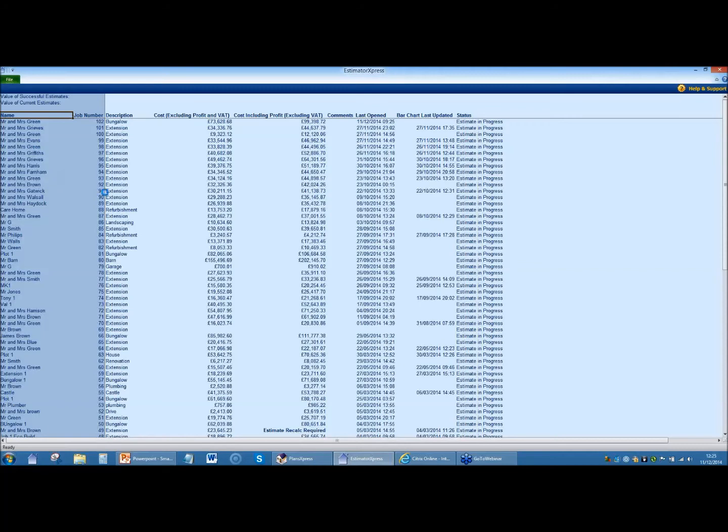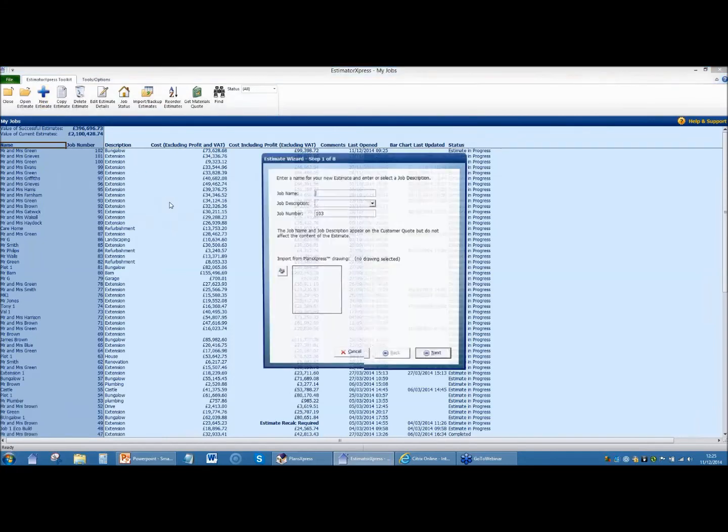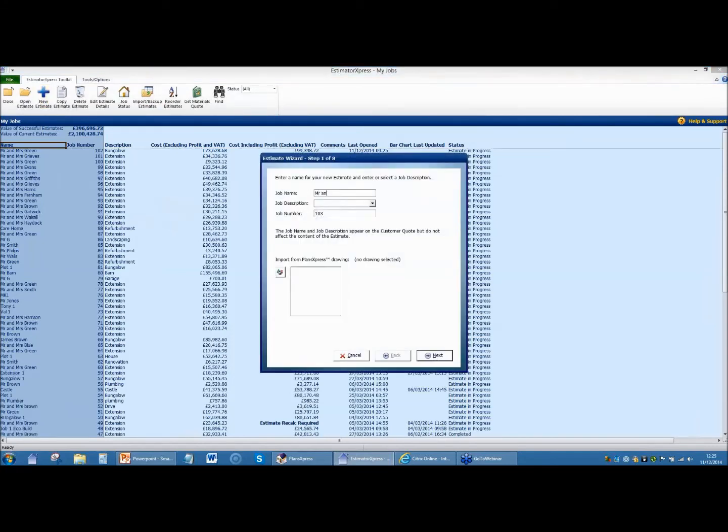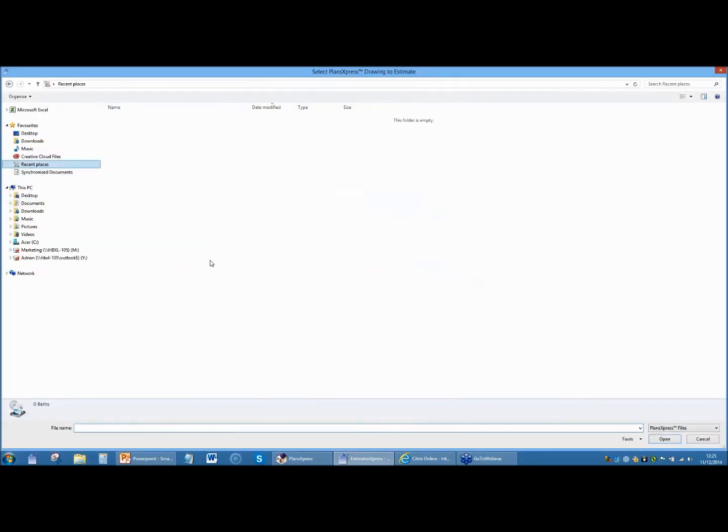Okay, so the software is just loading it. And I'm in the job summary here, so you can see there's loads of jobs that I've estimated over the last few weeks. So I give the job a name. Need to type properly. Mr. and Mrs. Brown. Not concentrating, trying to talk and type at the same time. And it's an extension. And I'm going to import the job that we've actually drawn today rather than the one that we were looking at